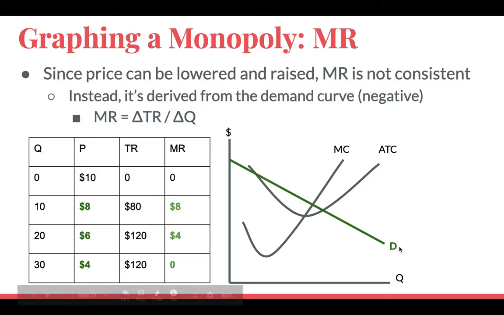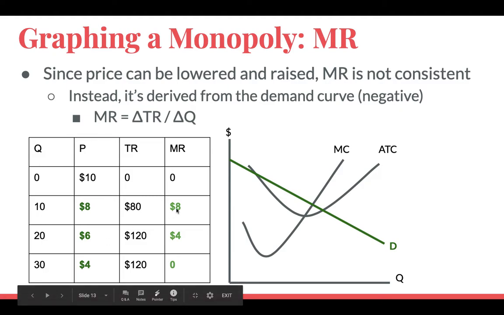Now, this is just demand. It's not also marginal revenue. Marginal revenue is a product of demand, right? Really, it's a product of price. So because a monopoly has to constantly decrease their price, you can see that in this chart over here. Let's say they're decreasing it from $10 to $8 to $6 to $4 to get more customers. They will, in fact, increase their quantity sold: 10, 20, 30.